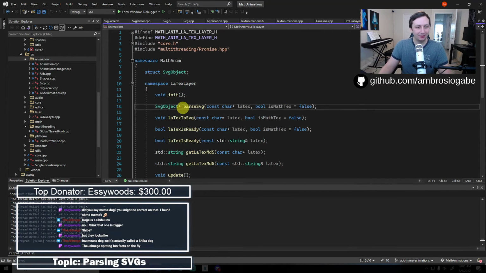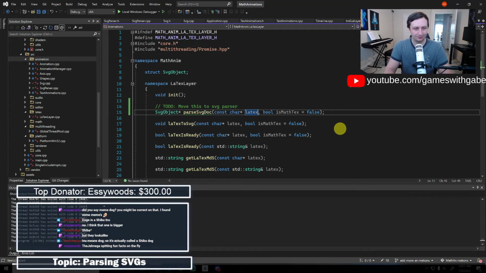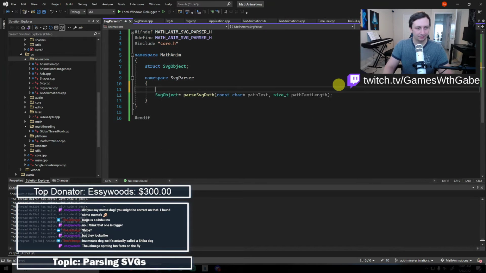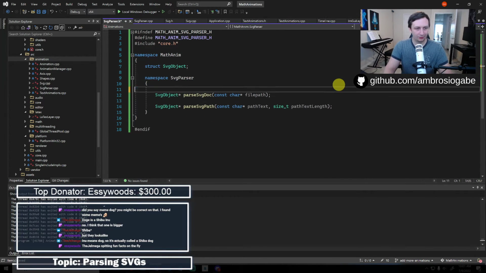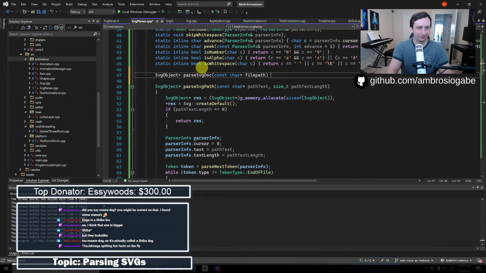Okay, so what I'm going to do is I'm actually going to parse Svg doc. And I might eventually move this to Svg parser because there's no reason it should be in here. File path. Yeah. So let's just do that right now. Okay. So let's move this into here. We'll do that. This will go above this.